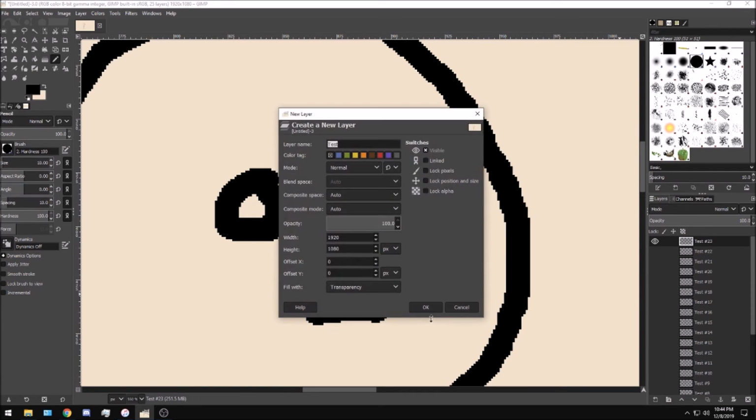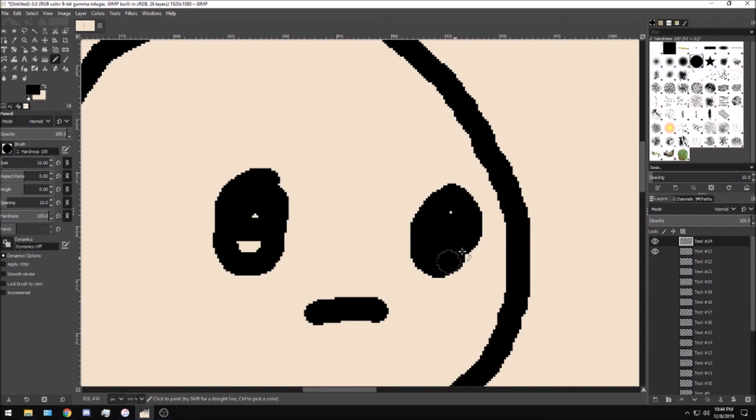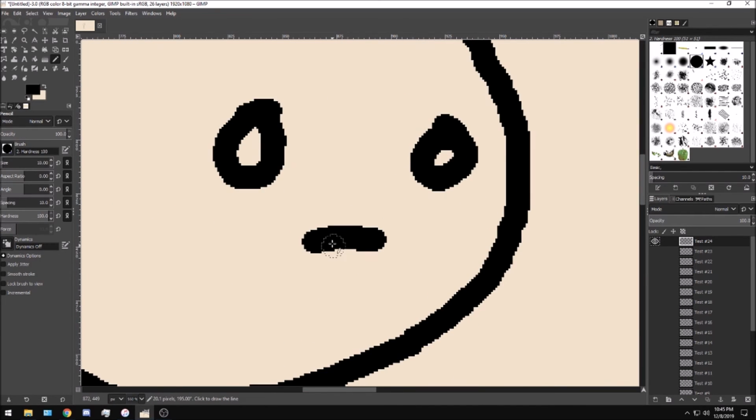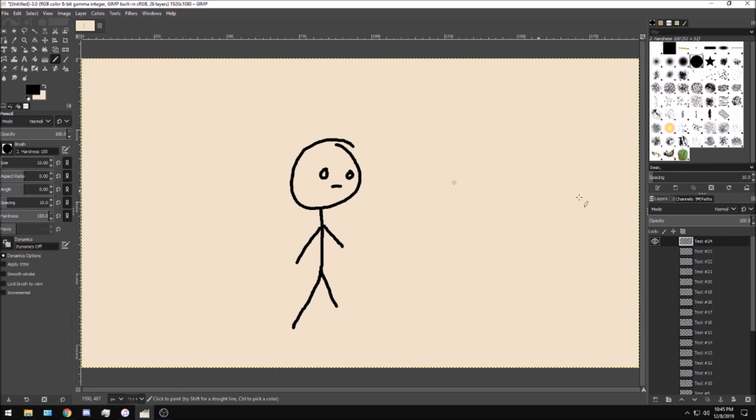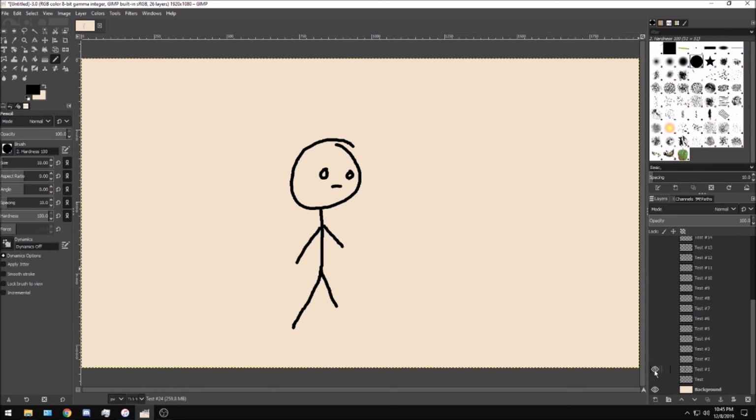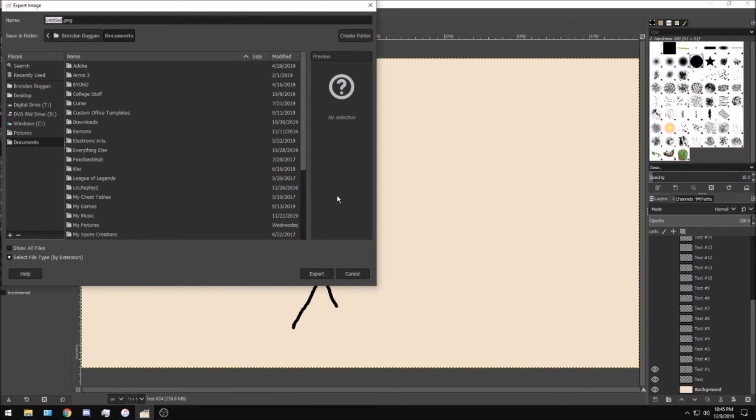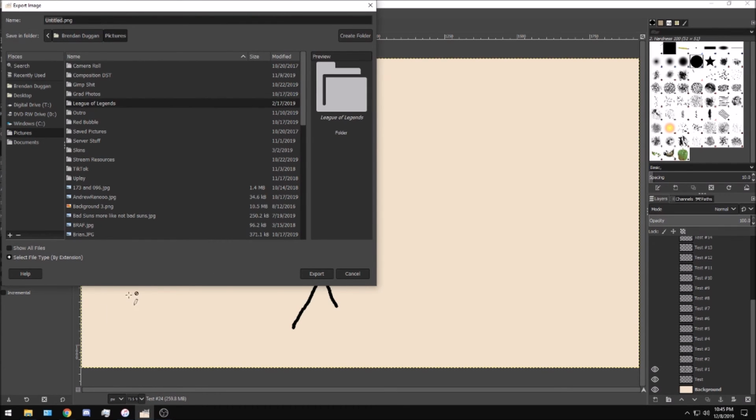Right, new layer. Boom. And we have our animation, and now we go to this, we go here. Oh, I think it is only 23 frames. Oh well. And then we just start exporting as, which I have a hotkey for. Then we go to pictures, we go to files, we open our,